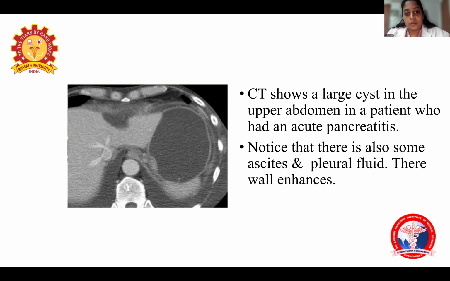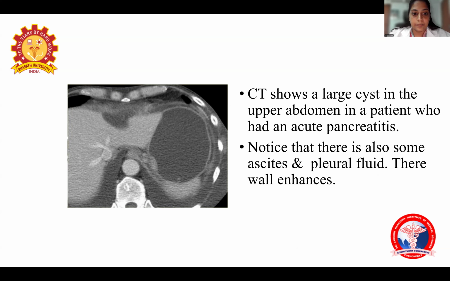This is a CT image. It shows a large cyst in the upper abdomen level. See, we can see the liver, the gallbladder here. So it is at the upper abdominal level. It is a large cyst in the upper abdomen in a patient who has